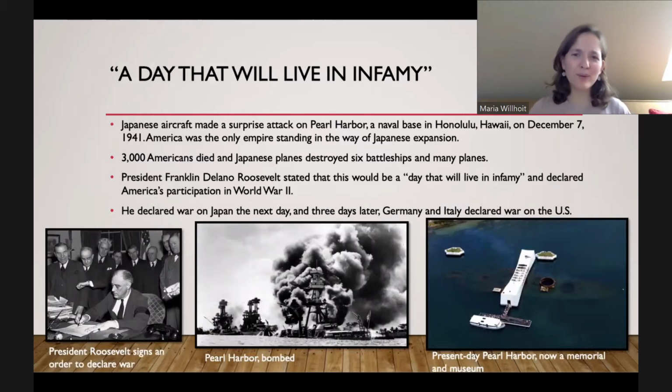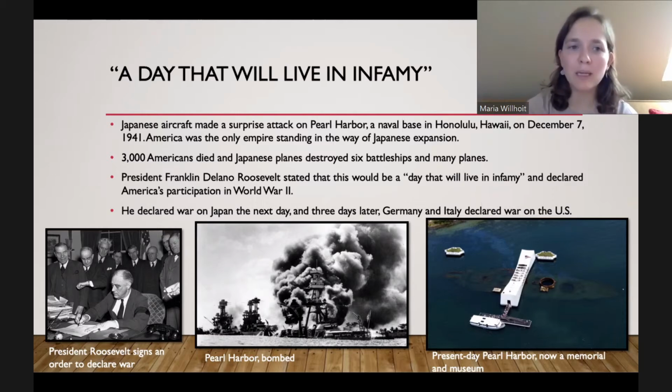So, as I said, we were neutral and isolationist in the beginning of the war, but there is a very fateful day that changes the entire fate of America in terms of the war, and in terms of, actually, I would say today too, in terms of our modern American thinking and economics and government. And it was a major day. It's on December 7th, 1941.